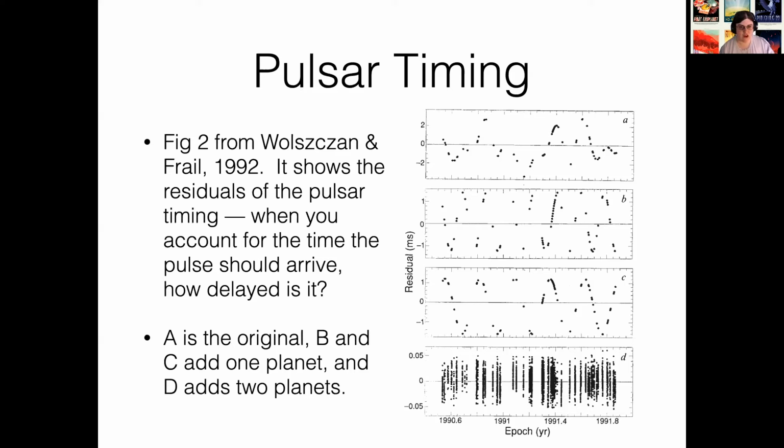And you can see those are much smaller. A through C are plotted in terms of milliseconds, which are not trivially small units, but D is plotted in hundredths of a millisecond. So we can't do that. We don't see many pulsar planets. This system